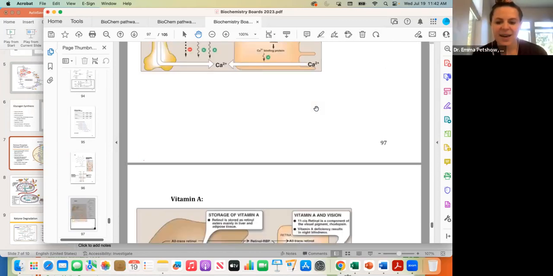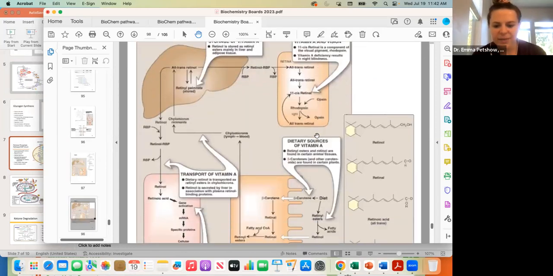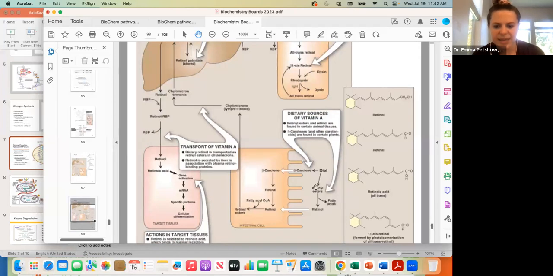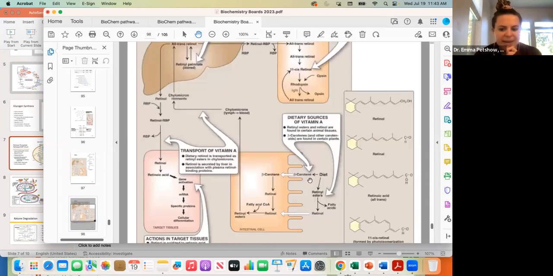Excellent. Vitamin A, rare that they test you on vitamin A in this synthesis process. Just really the piece that I've seen is that your dietary source is beta carotene for the most part, and then that gets converted into retinol, retinal, and then an ester from there, and then you transfer it via chylomicron because it's a fat, right? That would be the biggest one, is just remembering beta carotene, your dietary source.